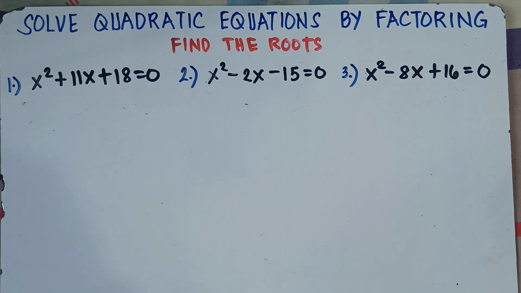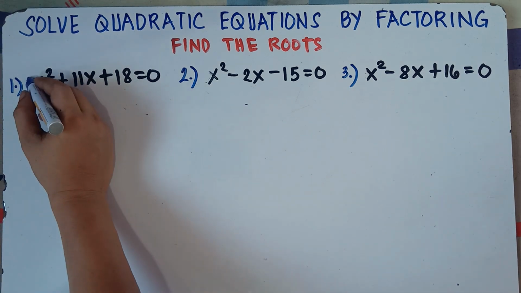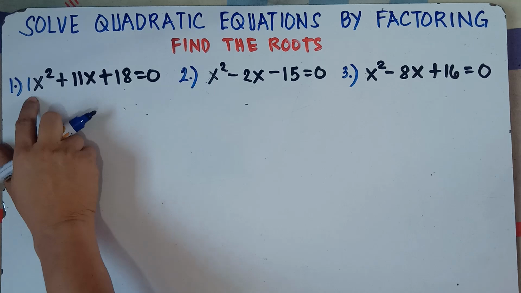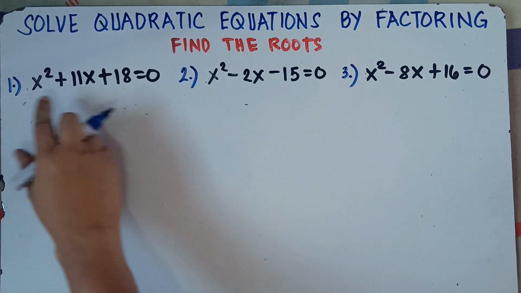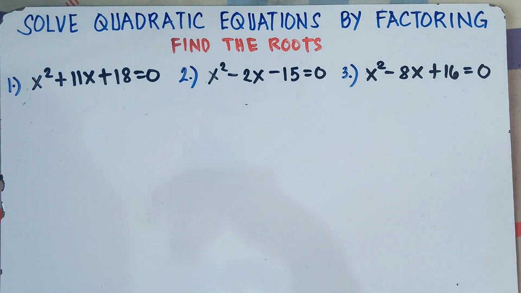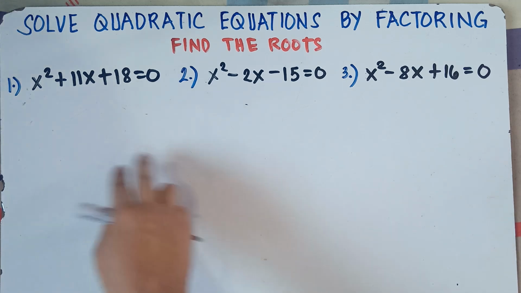Now in our example for today's class, we have the value of A, we have the value of B, and we have the value of C. Of course, our A value is 1. Understood that there's 1 here. If you didn't see any number before x squared, understood to be 1. So we have A, B, and C. Now, if the value of A is just 1, and we have the value of B and C, it's easy for us to factor this out.